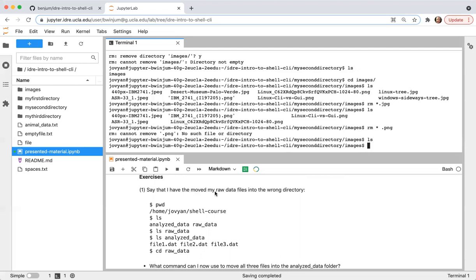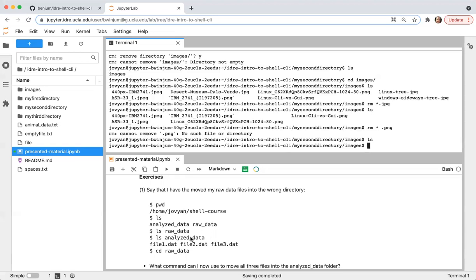Say I've moved some raw data files into the wrong directory. Say I started in this directory called shell course, and when I list the contents, it has analyze data and raw data, which are two directories. When I list the contents of raw data, it doesn't produce any output.